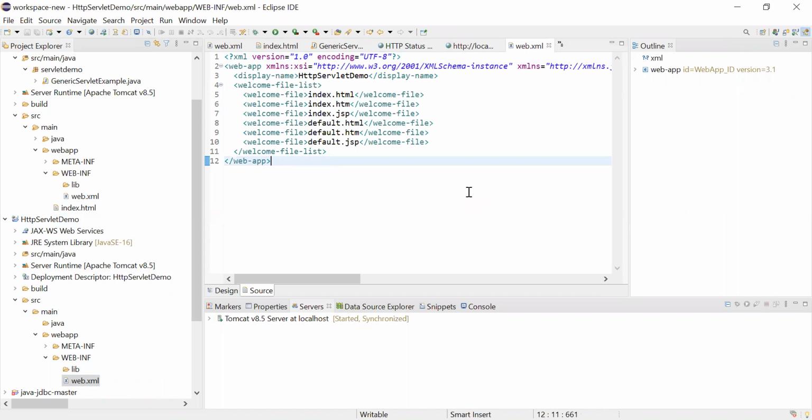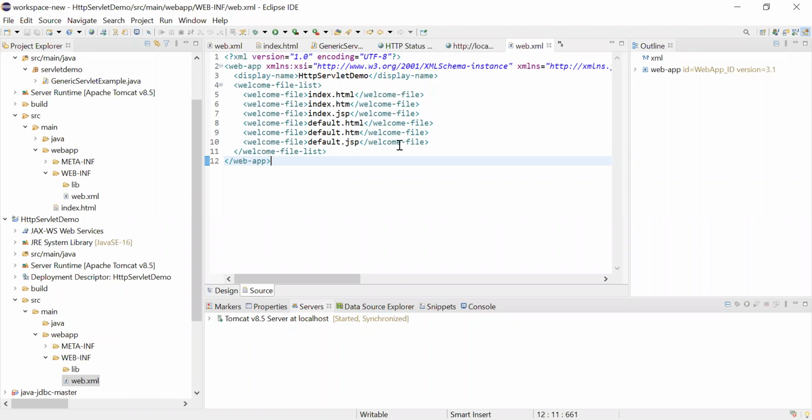This web descriptor file is a most important file, because by this only your Tomcat can load all the servlet related classes and everything. Got it, guys? So let's try to solve this example.